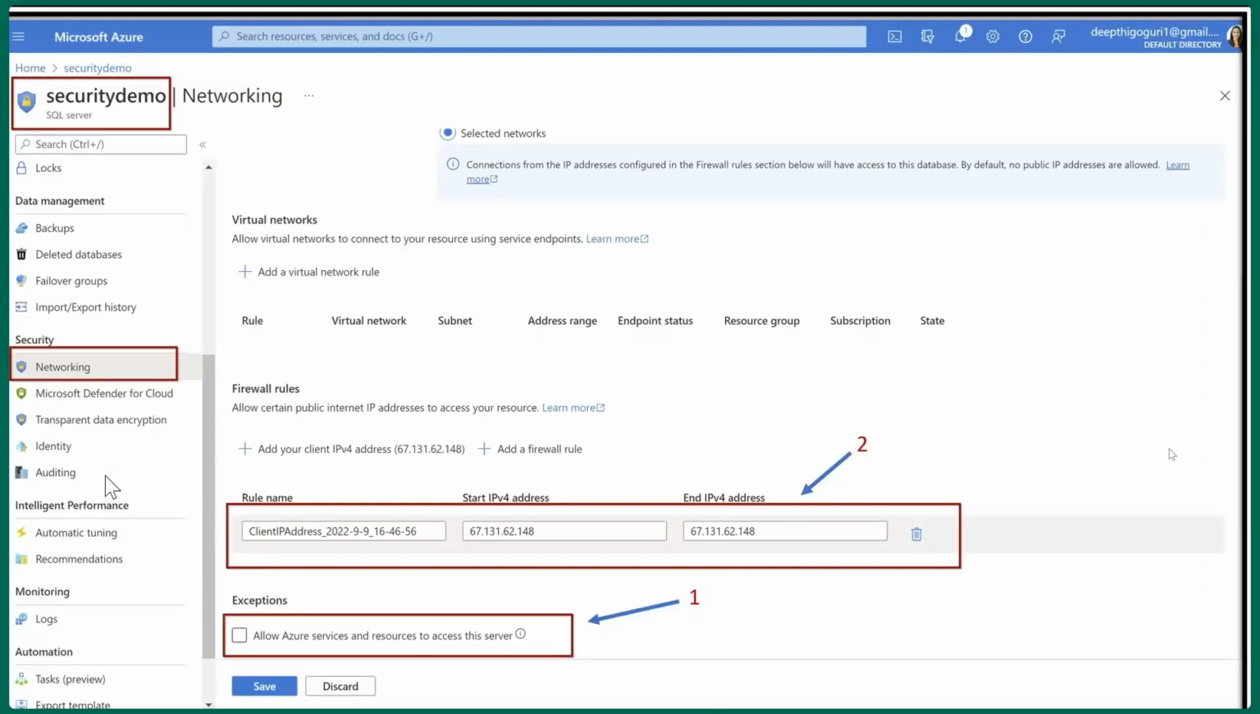Now let's see how these rules actually look in this particular network, right? So let's say I have security demo, which is a SQL server that I have hosted, and underneath this blade, this is actually the Azure portal. If you are familiar with the Azure portal, you know what I'm talking about. You open up portal.azure.com and go to your SQL server, and then in the left side pane, underneath the security blade, go to networking, because we are talking about the network security here,